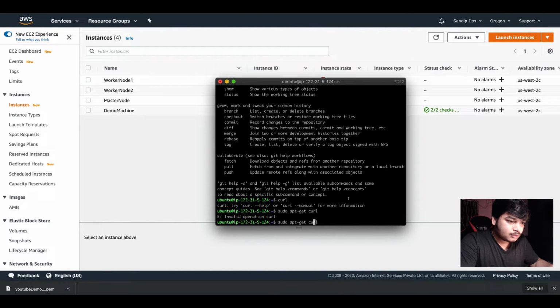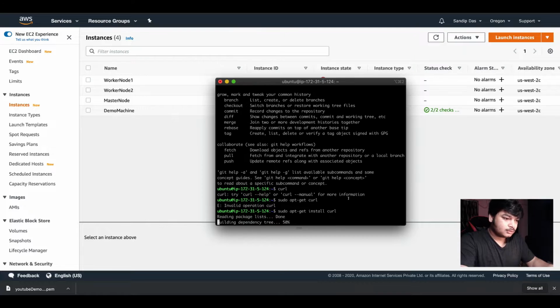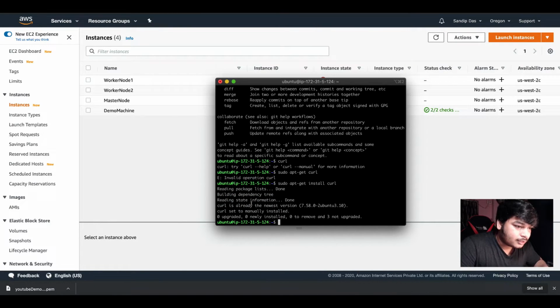Okay, sorry, curl is already there. It is already in the file.